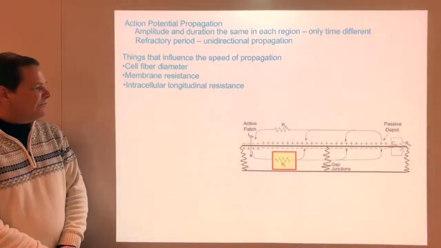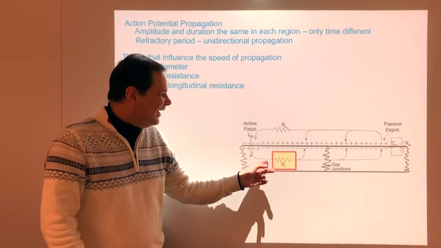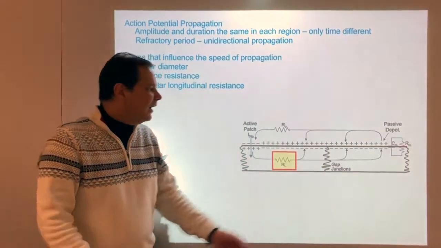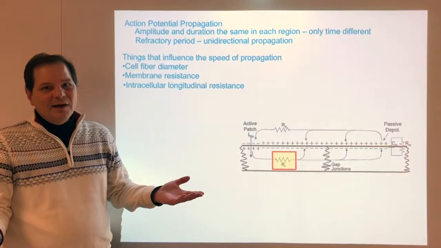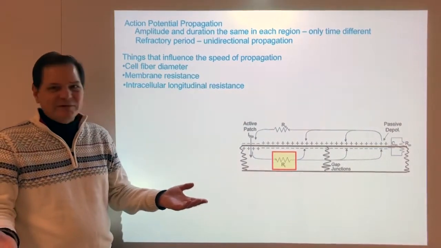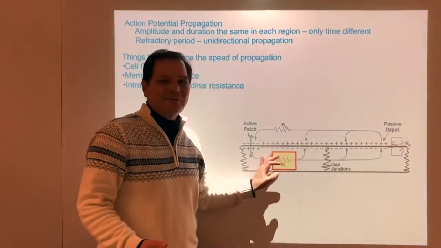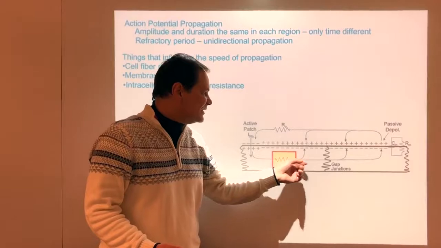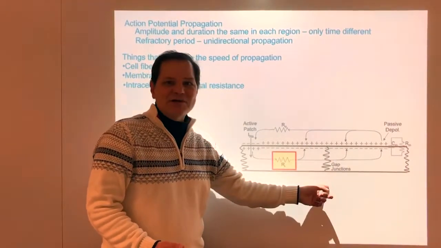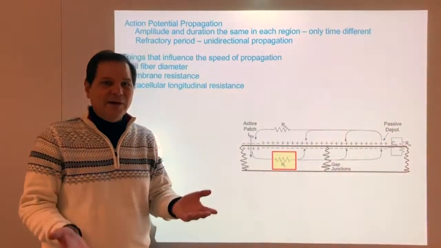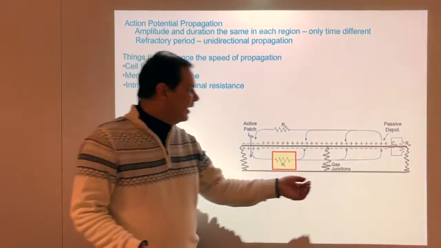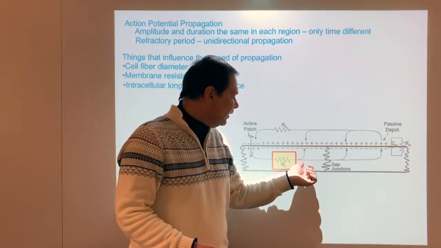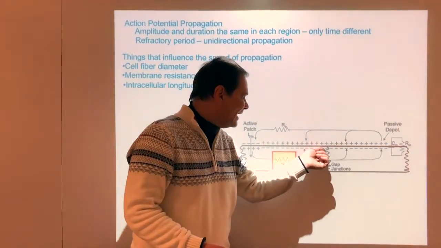Intracellular longitudinal resistance, all that is, it's the ease with which the cytoplasm conducts current. Okay? And this is fairly easy. You don't have to be an electrophysiologist to understand this. The cytoplasm itself doesn't vary a whole lot from cell to cell. So this value doesn't change much except where you have gap junctions in between cells in places like cardiac muscle and some smooth muscle. The more gap junctions you have, the lower the longitudinal resistance